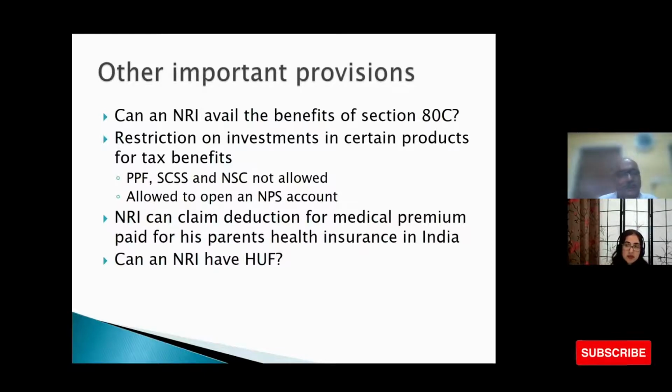Lots of non-residents and NRIs ask me a question. They are under a doubt whether deduction under section 80C is available to them or not. So let me first explain what is section 80C. 80C is a section which allows you a deduction up to 1,50,000 from your income